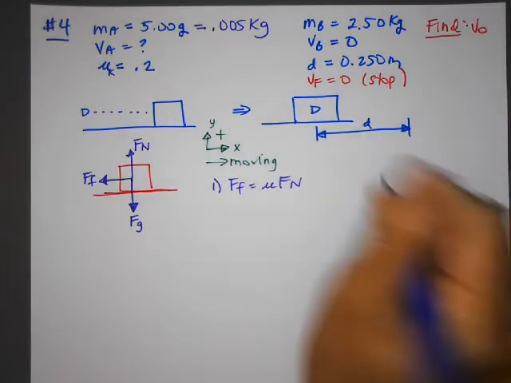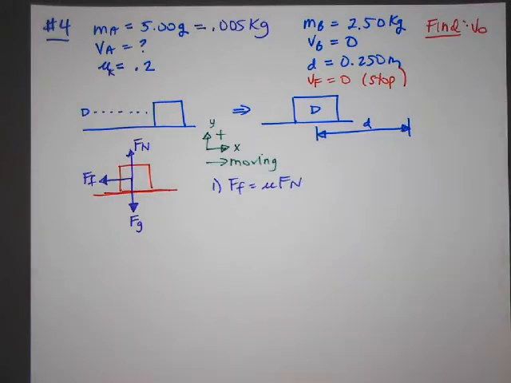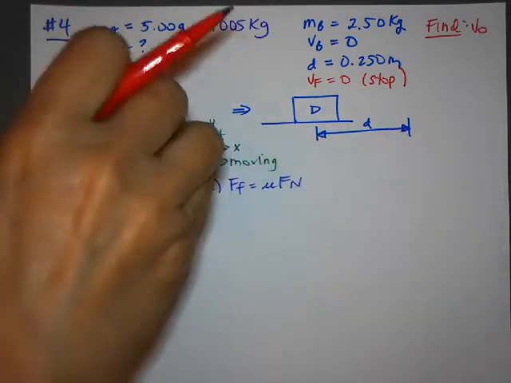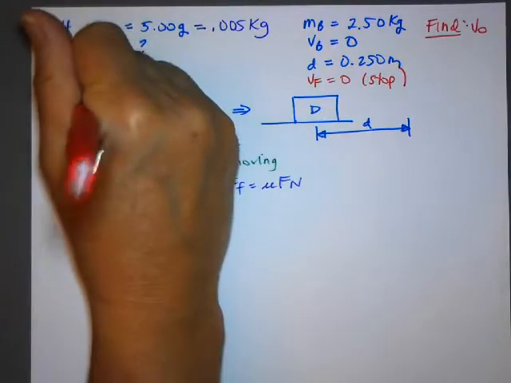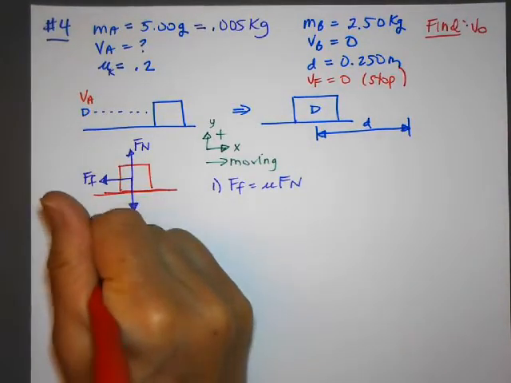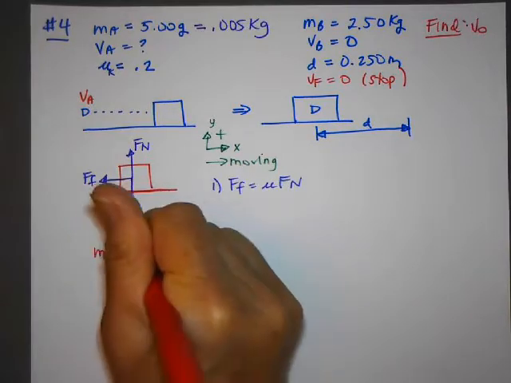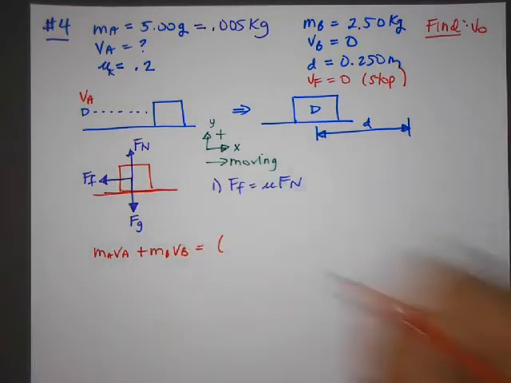Okay? And you might say, why did you do that first? Well, first, I know this is a momentum problem. So in order to solve this problem at the end, you would think of conservation of momentum. My conservation of momentum says the total momentum before is equal to the total momentum after, and I want to find the velocity of this little bullet here. So I know that MAVA plus MBVB,